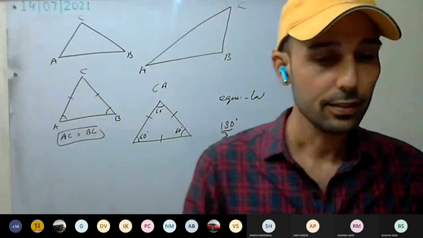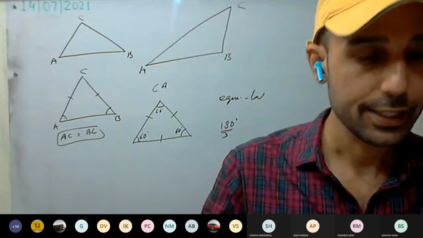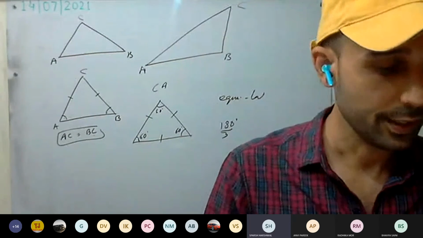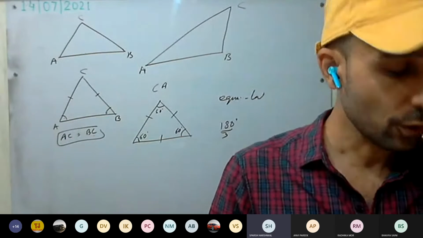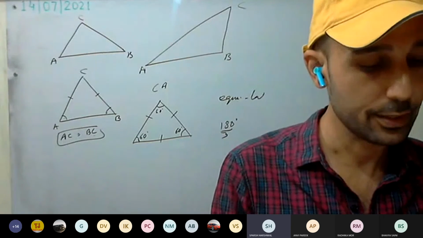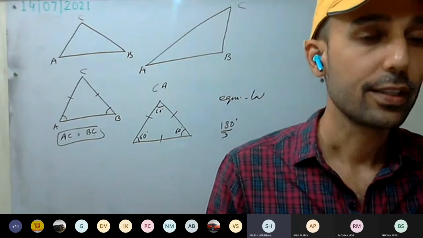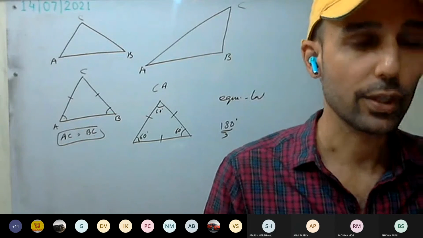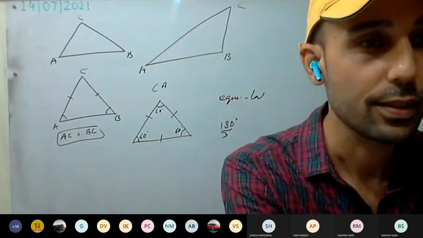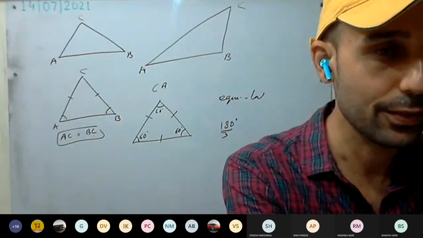This is clear. The rest we'll discuss tomorrow: median, altitude, and then we'll start the congruency theorems. So please go through it once, triangles, pages 112, 113, 14, 15, 16 up to 17. Try to go through it once, so that it will be easy to understand tomorrow. Thank you all. Any doubt you have? So the last chapter we have completed.